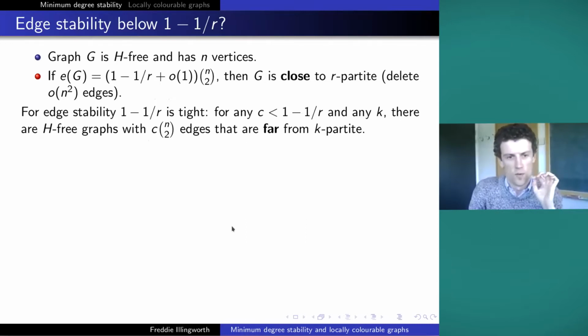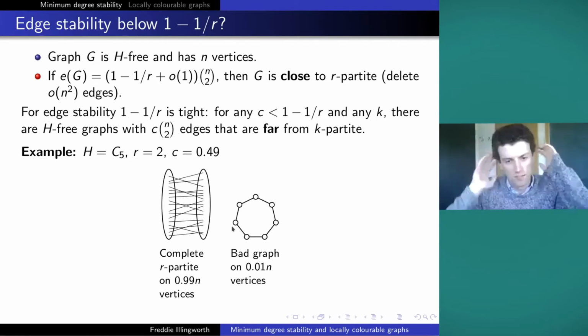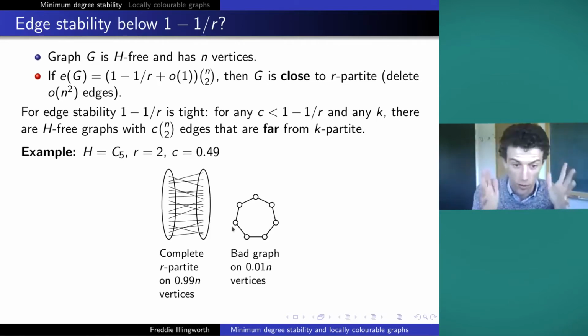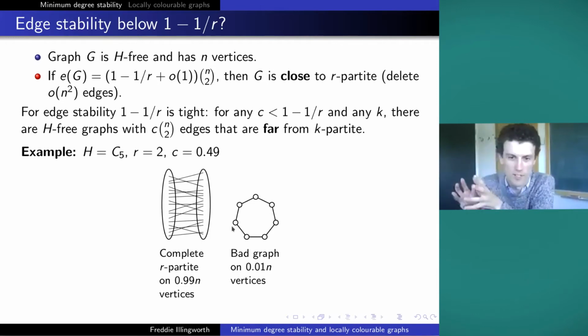So how do you do this? What you do is you take some big, nice, complete r-partite graph on lots of the vertices, and then you squirrel away some high chromatic number on a small proportion of the vertices. So here's a particular example, 5 cycle, again r is 2, and we've gone a bit below a half n choose 2, we've got down to 0.49 n choose 2, say. So we've got some big, complete bipartite graph on 99% of the vertices, and we've got this other bad graph